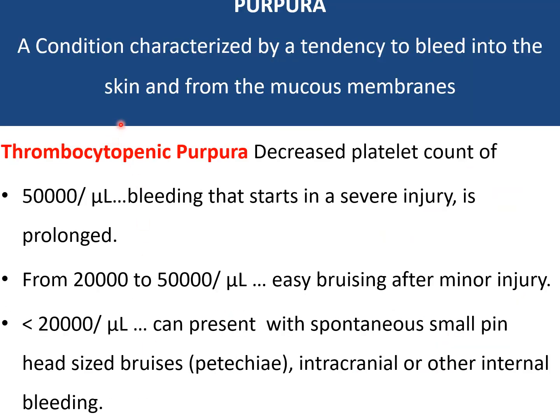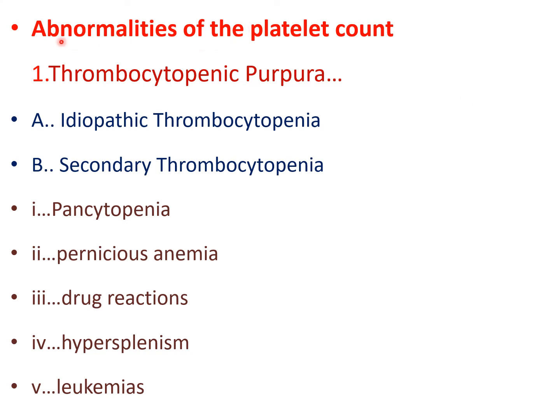And now there is the same previous slides again shown to you to tell that the clotting and bleeding disorders do include purpura, which could be due to thrombocytopenia, having different levels of bleeding, and it could be thrombocytopenic purpura in which there is deficiency of thrombocytes. This could be idiopathic thrombocytopenia or secondary thrombocytopenia due to a bone marrow problem, due to deficiency